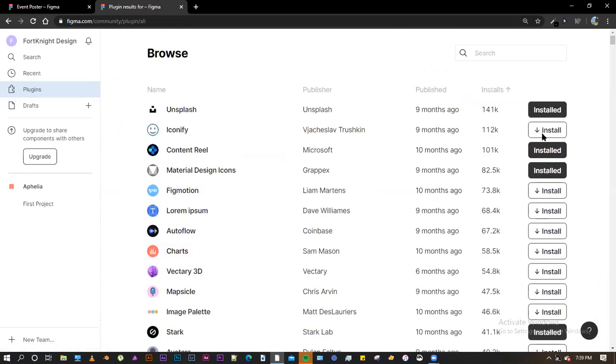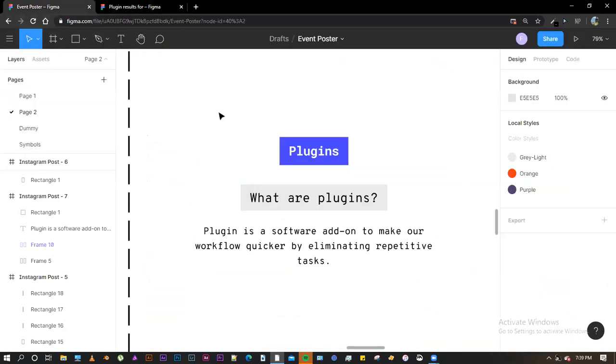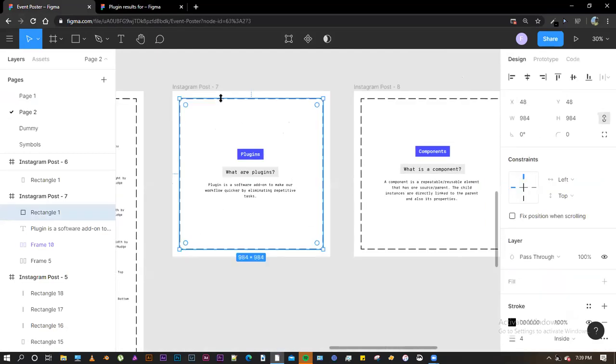All right. So it is really simple, and the plugins with Figma are really powerful. The plugins are not device dependent; they are account dependent. So every time you log into Figma with any device, your plugins would be saved on the cloud. So you don't have to install them again on each of the devices. For example, these are the plugins I have installed, and it is really easy to install plugins. If I click on it, it would be uninstalled. And if I click on it again, install, the plugin would be installed immediately. So let me show you some features of plugins.